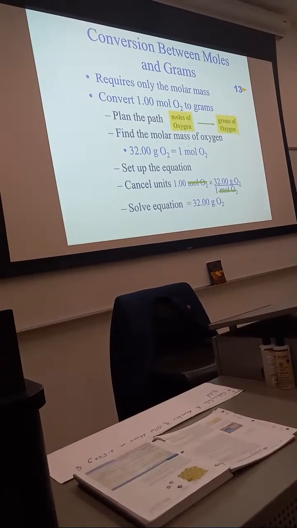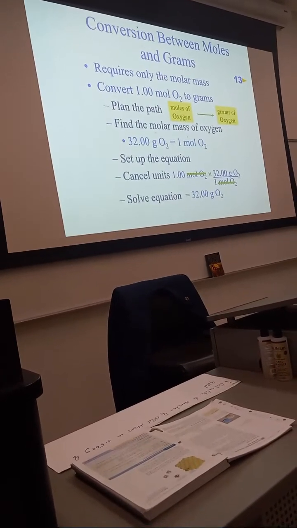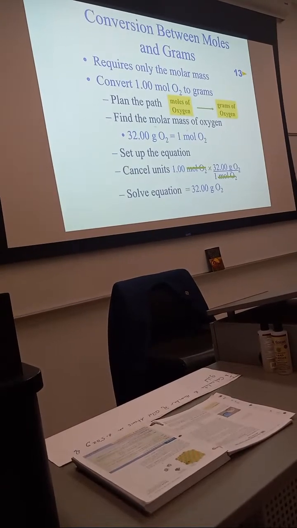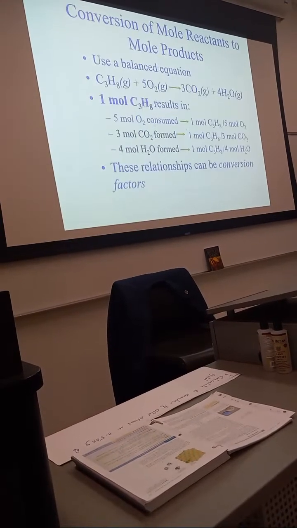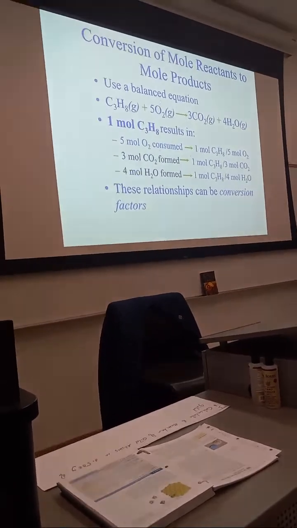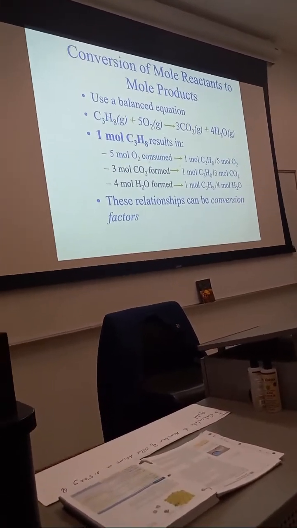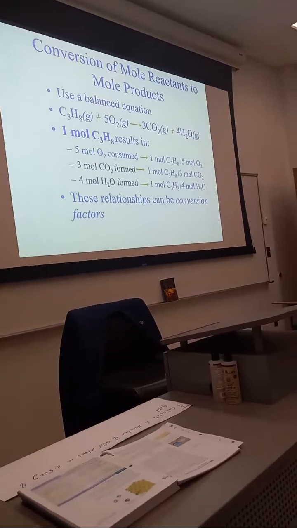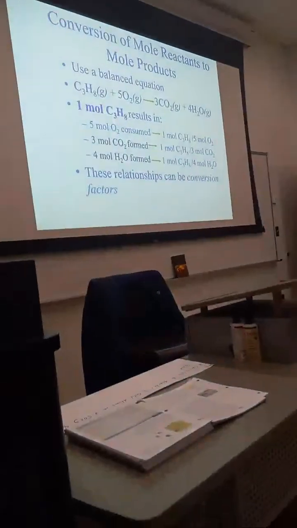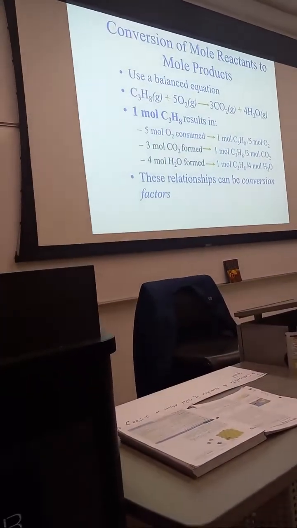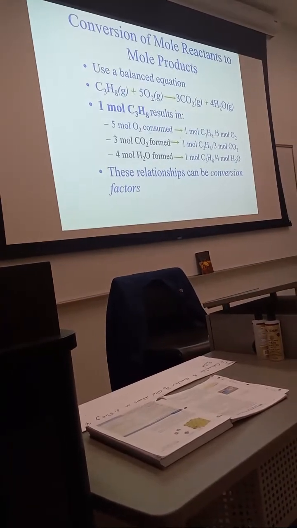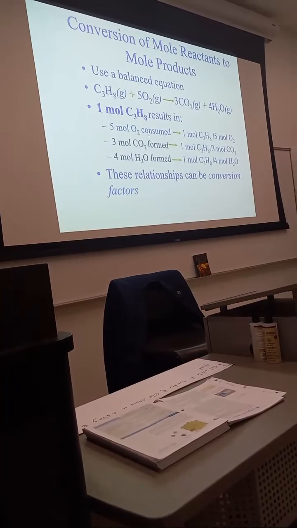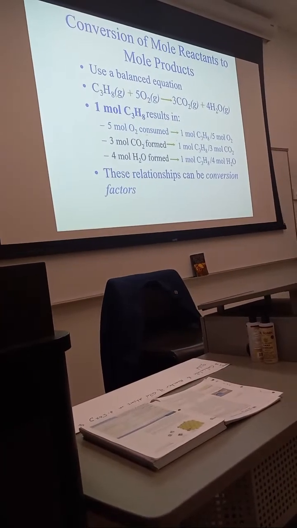And it's not going to be good. That's right? So here, it requires only molar mass. You convert that, right? You go from grams to moles, and you can go from moles to grams. So here, if you look at moles of a product, we just did a similar equation. What is this telling me? That you have 5 moles of O2 consumed. So here we know that oxygen, 5 moles of O2 consumed, is a 1 to 5 ratio between